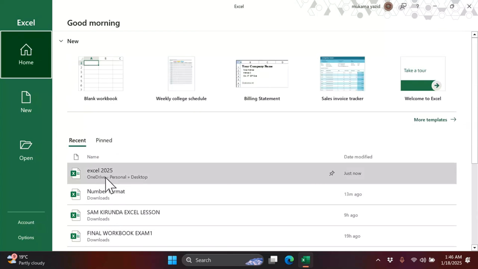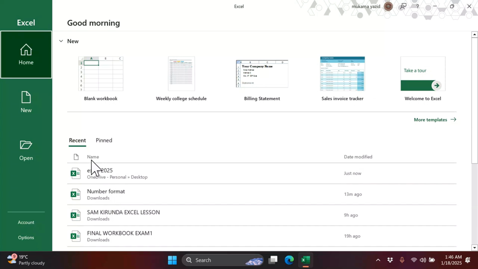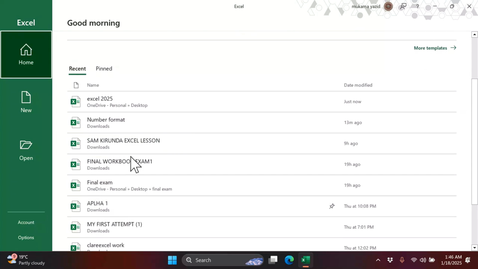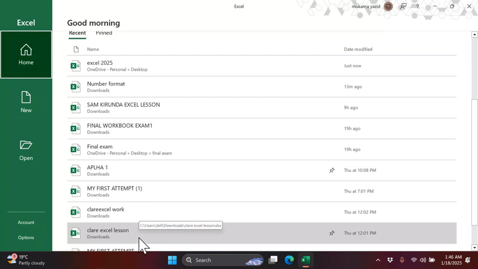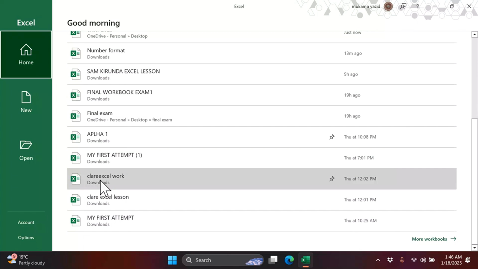So this is a different workbook, this is another workbook, this is a workbook. These are the workbooks or the files. They are called Excel files, different files or different workbooks. Whatever name you can name them, it's okay. So after there,